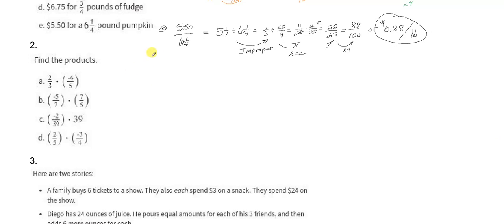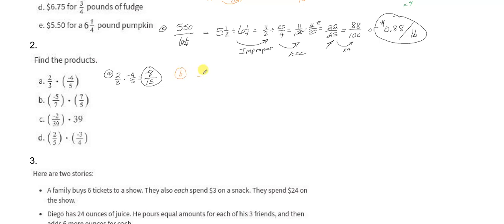Kind of similar idea here. We're multiplying a positive times a negative, so that's going to give us a negative outcome. 2 times 4 is 8, and 3 times 5 is 15. No common factors there, so A is just negative 8/15. All right, and looking at B